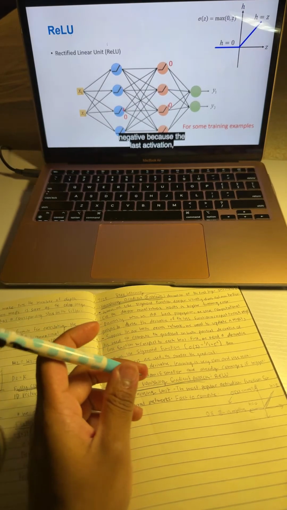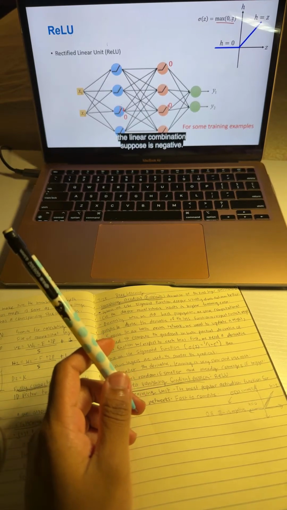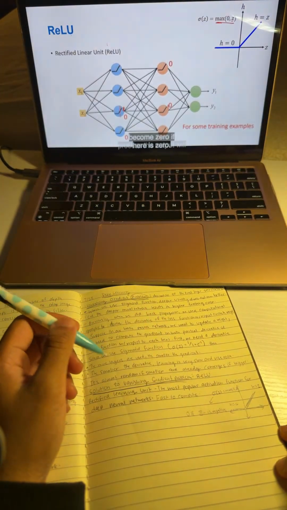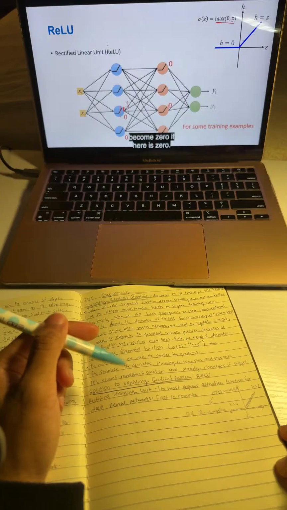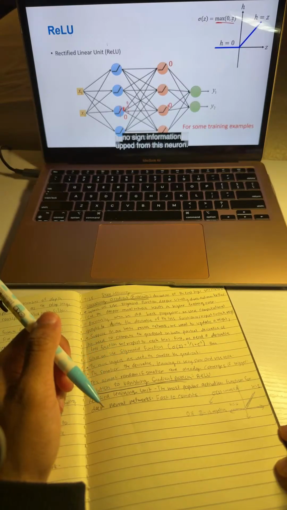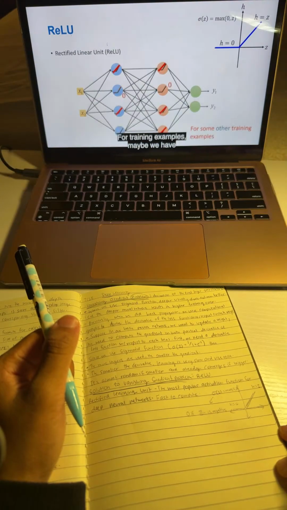If the linear combination is negative, we use the ReLU function to process it, and the output will become 0. If it is 0, that means there is no information output from this neuron. So the neural network will become like this one. For another example, a training example case,